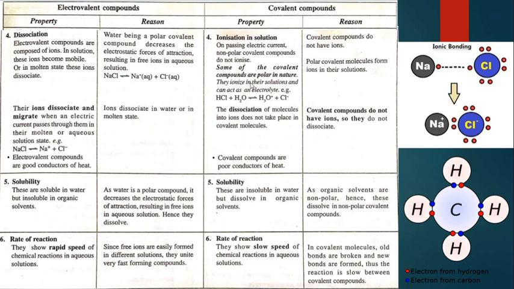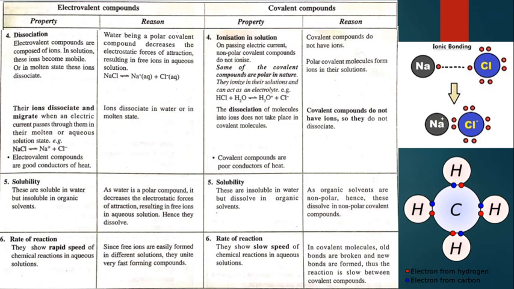But some of the covalent compounds are polar in nature. They ionize in solutions and can act as electrolytes. For example, HCl, hydrogen chloride, on reacting with water, forms hydronium ion and chloride ion. Because HCl is a covalent compound of polar nature, polar covalent molecules form ions in solution. It is not applicable for non-polar covalent compounds, only for polar covalent compounds, and they are ionized in their